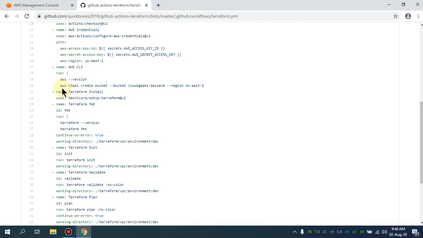Along with that, I'm going to create a custom bucket, which is the Cloud Geeks backend bucket, and the region is going to be US East 1. So the reason for showing this is that you can use the CLI tool as well. I'm going to use the AWS CLI here, and I intentionally did not set up the S3 bucket through Terraform. The idea behind that is to show you that you can use a bash script, you can use the AWS CLI, all in an automated way, and you can do a lot more on this